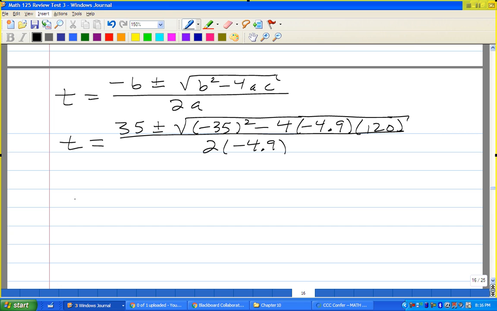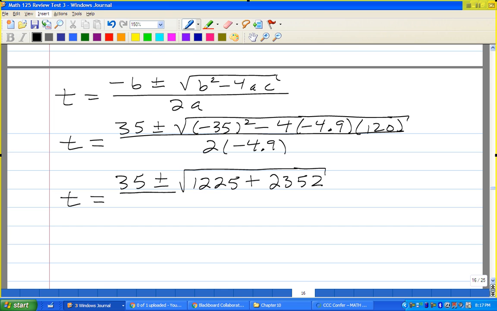So t is equal to 35 plus or minus the square root of negative 35 squared, 1,225, minus 4 times negative 4.9 times 120, 2,352, over 2 times a negative 4.9,